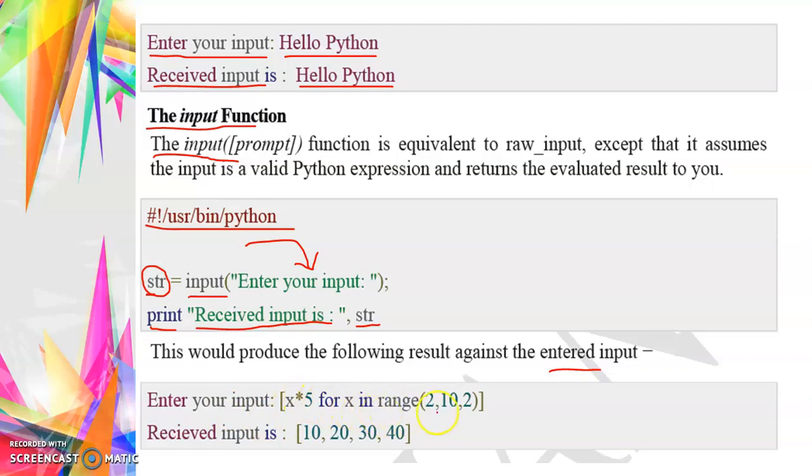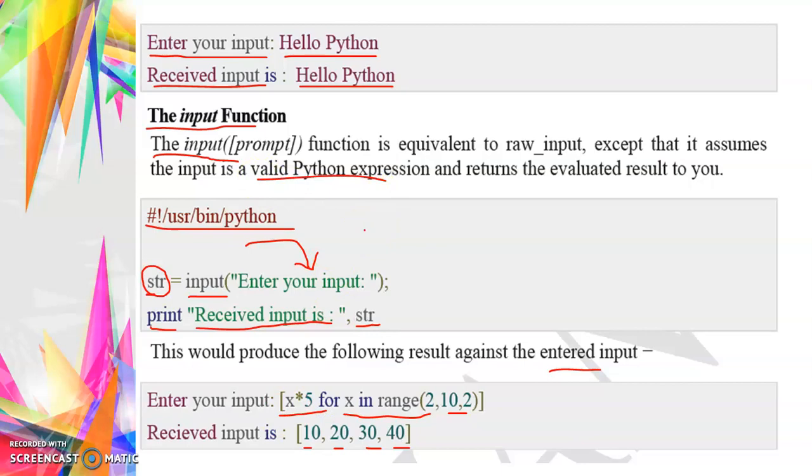So this would produce the following result against the entered input. Enter your input: x into 5 for x in range of 2, 10, 2. That means x in range 2 to 10 with step 2, so the x values are 2, 4, 6, 8. So 2 into 5 is 10, 4 into 5 is 20, then 30 and 40. So x into 5 is a valid Python expression as per the definition of the input function.